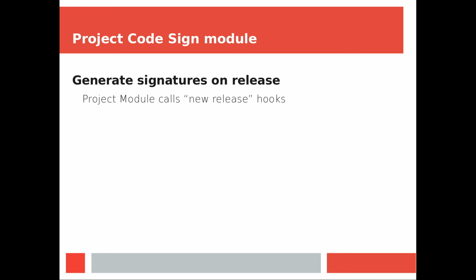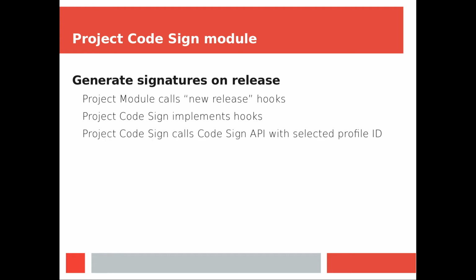signatures. Project module itself has some hooks that basically say, hey, we're about to do a release. Anyone want to weigh in on this? Modules like GitHub might pull the right GitHub URL stuff from it. We're going to be adding in the digital signatures for it. The project CodeSign implements the new release hooks, and Project CodeSign is a module that supports the project module to generate the code signatures. And so Project CodeSign will call into the CodeSign API with whatever selected profiles are configured, and then take that, the CodeSign engine,